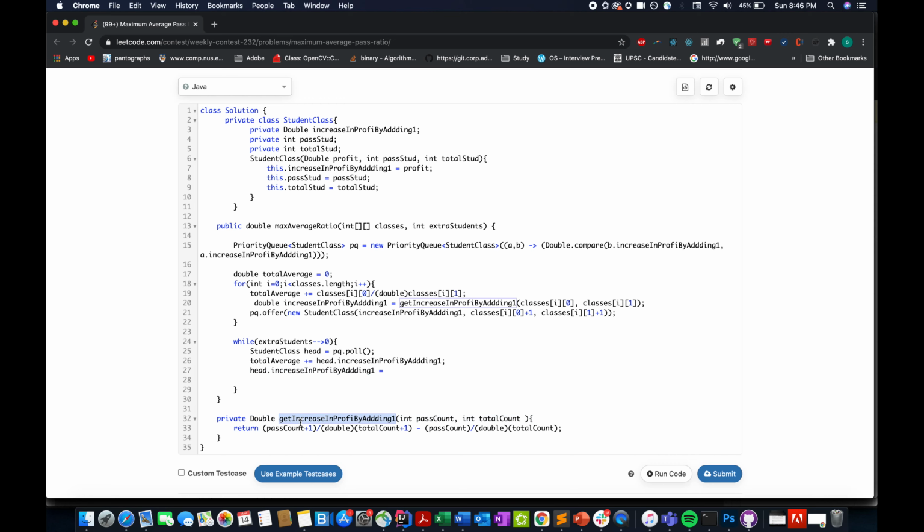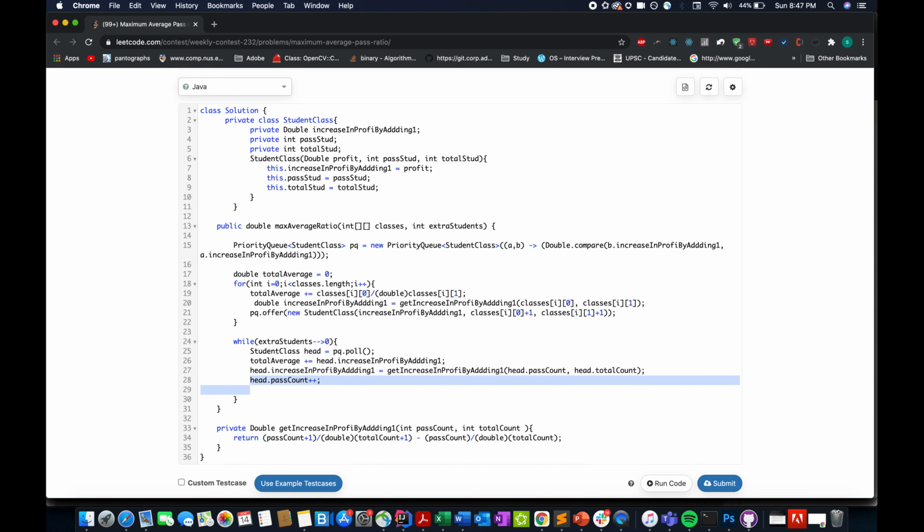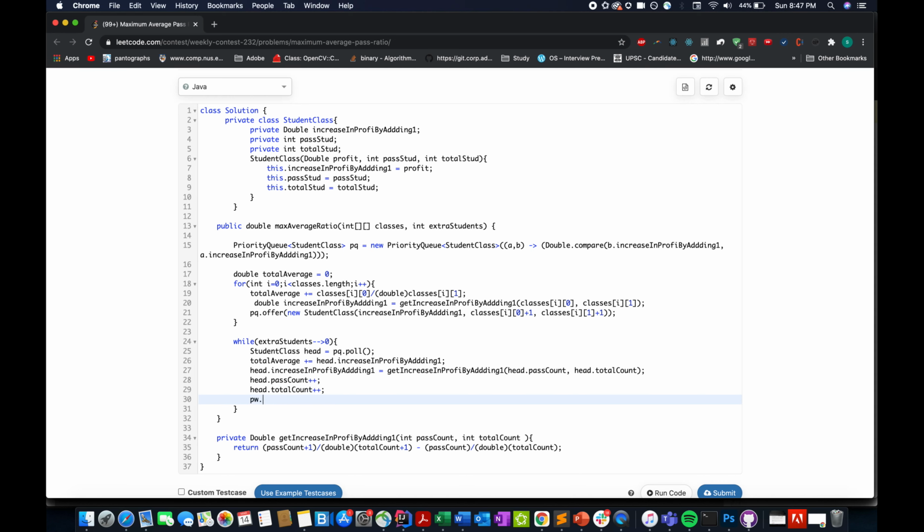And what that value will be, head.passCount, head.totalCount. head.passCount++ updated the pass count. Similarly, the total count++. pq.offer updated the priority queue with the updated head. Push back head into the priority queue.